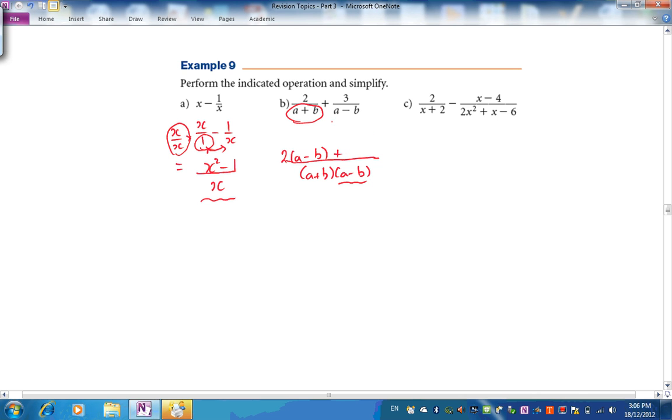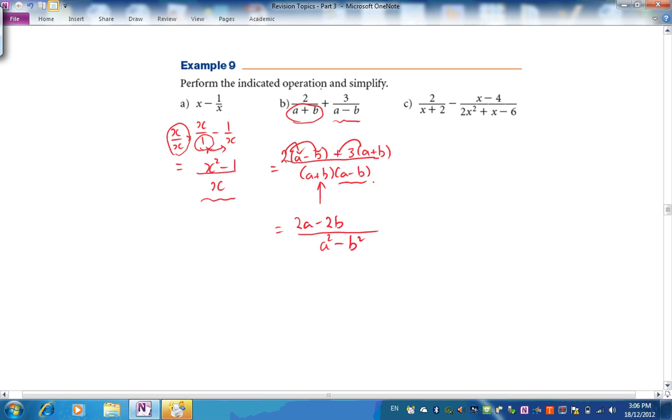Plus, now what happens to this one? Well, a take b, that's this term here. To get the new denominator, we've multiplied it by a plus b. So we must multiply the top line by a plus b. So those two would be equivalent. And now over our, what are we going to call it? Maybe a squared take b squared, do we want to make it a squared take b squared? Yeah, maybe we will. So here, making it a squared take b squared, we've got 2a take 2b, and then,